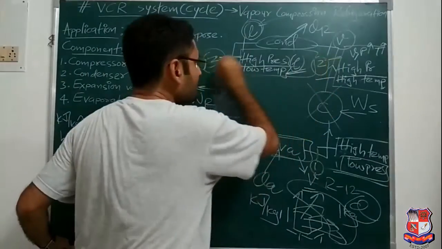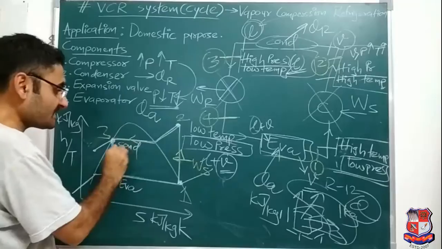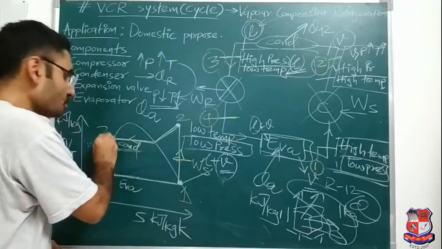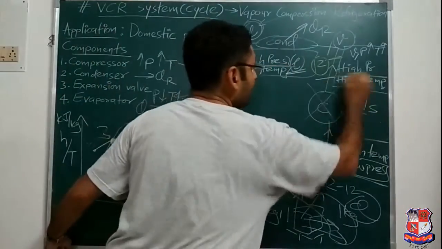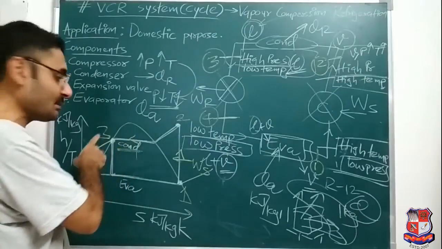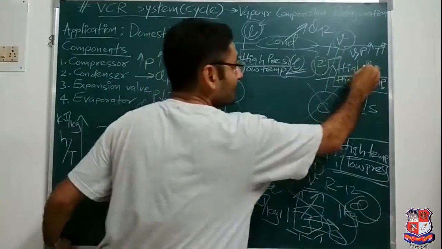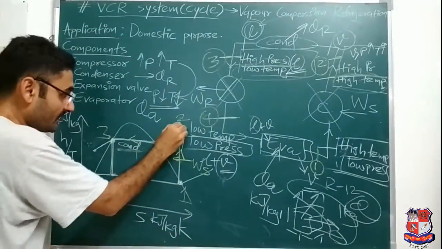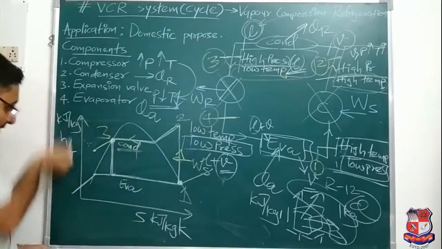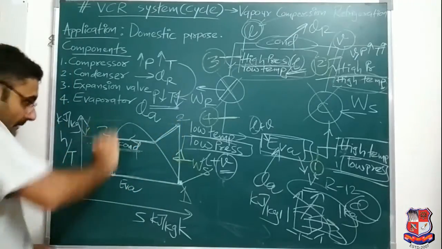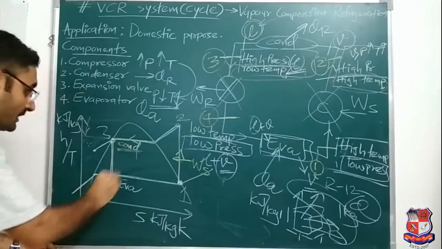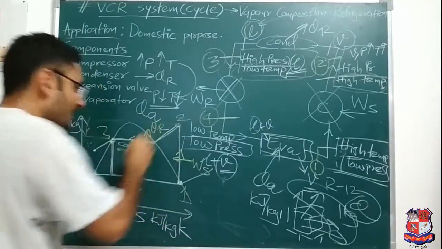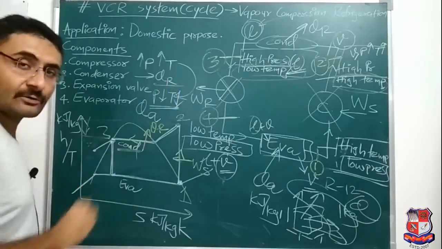2 to 3, over here if I write 3. So in 2 to 3, which device is present? Condenser. So 2 to 3 is which process? Condensation process. 1 to 2 is which process? Compression process. In the 2 to 3 process, what happens? High pressure. That means pressure remains constant. So P2 equals P3, but temperature is decreasing. Over here, what happens? High temperature, and after the condenser low temperature. So at the inlet of the condenser the temperature is very high, and that temperature is reduced by a little bit. Now how is the temperature reduced? By rejecting heat. So I will draw one arrow like this, QR means heat is rejected. Over here I wrote it like this.